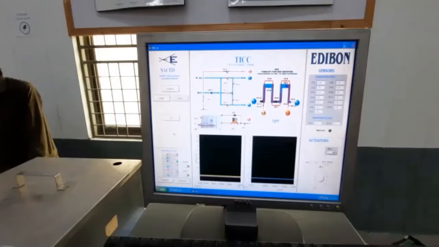And now I will explain to you how we will use these readings of parallel flow and anti-parallel flow temperature. These are all the temperatures of different sensors at different places, and some of these sensors are on the hot water side and some of these are on the cold water side. So we will measure the values of temperatures of hot water and cold water at different stages, and then we will use all of these values to calculate our required parameters. So now I will move towards the lab manual and I will explain to you how to calculate these values.